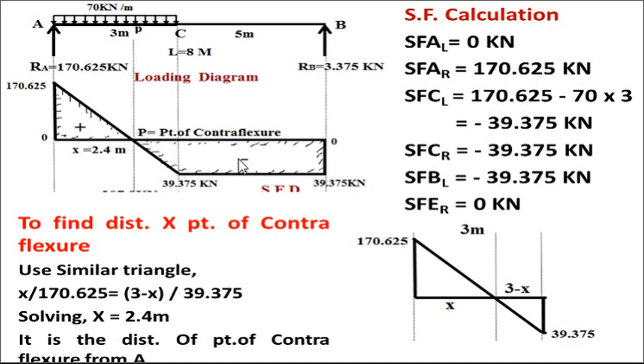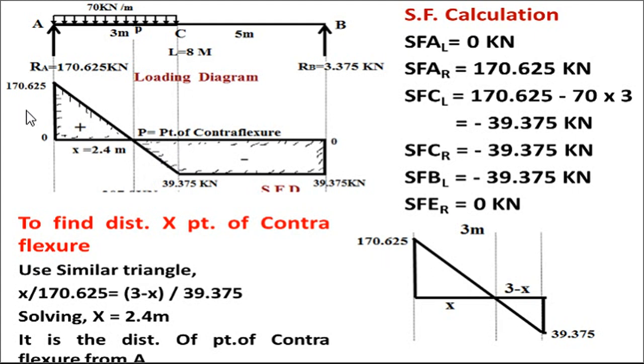Now this is shear force diagram. Okay, but here you will observe that shear force diagram changes sign. Positive to negative. Whenever shear force diagram changes sign, it shows that it is the point of contraflexure P. Here P is the point of contraflexure. So as this is the linear segment, straight line, by using similar triangle up to this point, you can consider this particular triangle like this.